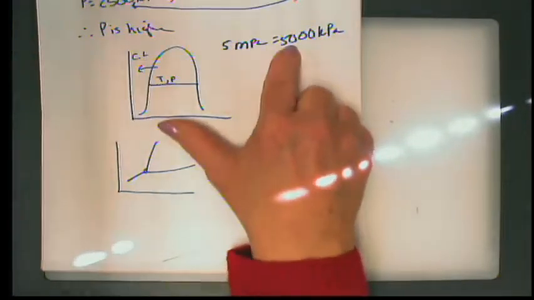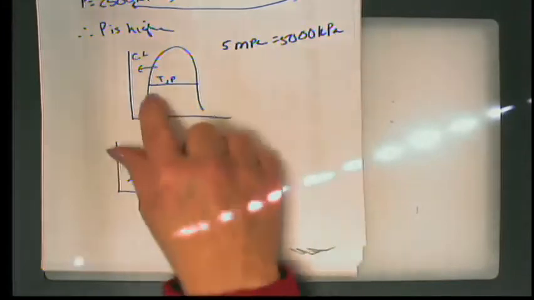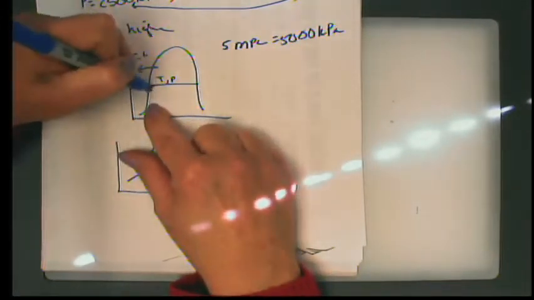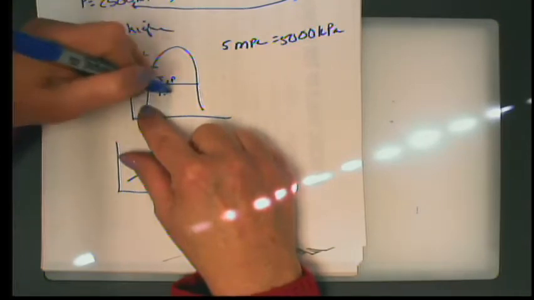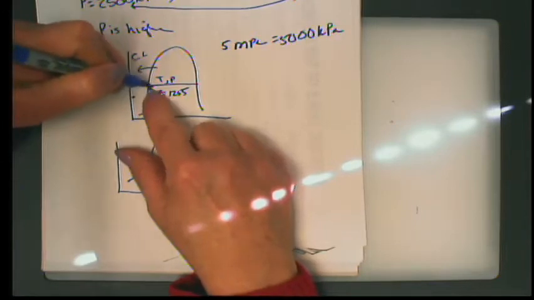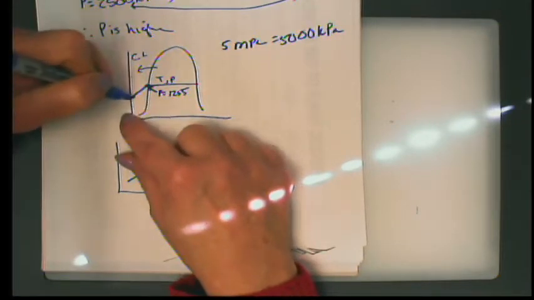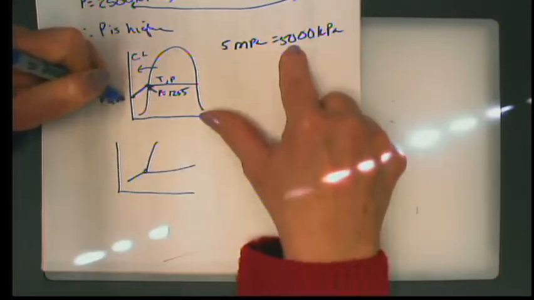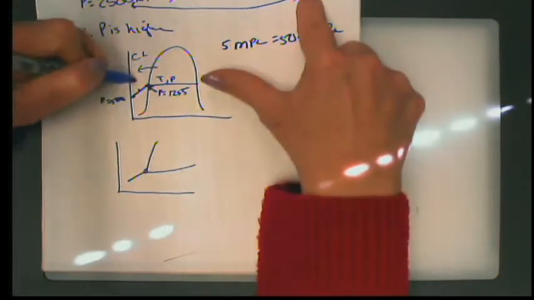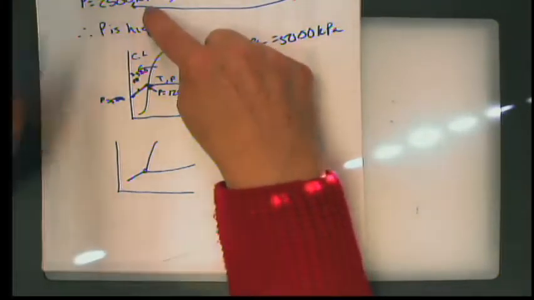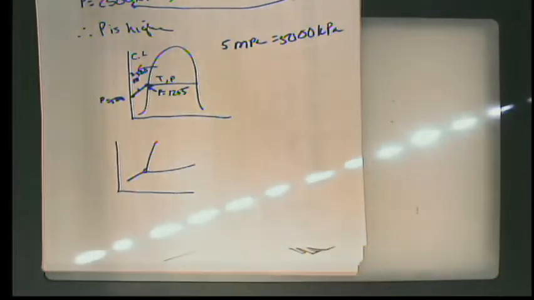That's the smallest tabulated value that we have. Now, what we know is that if we were right here, we would have a pressure of 1255, and somewhere down here, we have a data point here, and we have a data point here. Somewhere over here, we have a pressure of 5,000, and our pressure is somewhere in the middle, 2,500. Okay? The other thing that we need to think about is, because we don't have that exact data point,